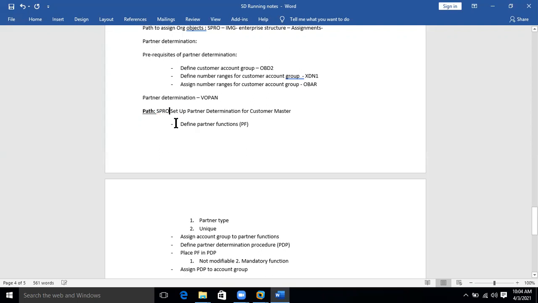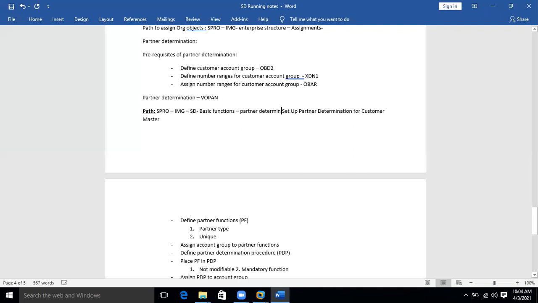SPRO. I mean, you can directly start with IMG. IMG SPRO, same now. SPRO, IMG, SD, sales and distribution, basic functions. Determination.